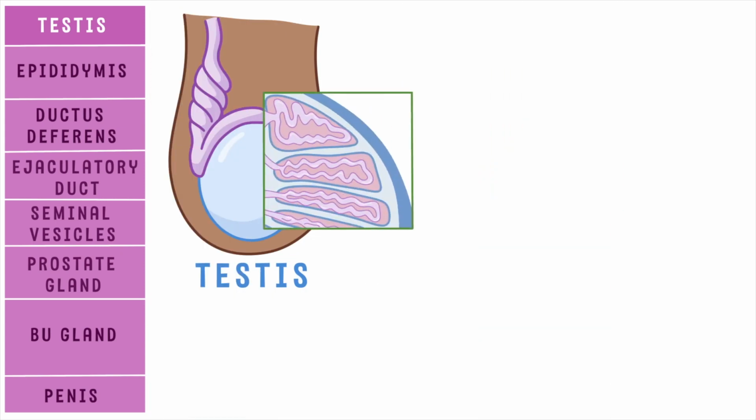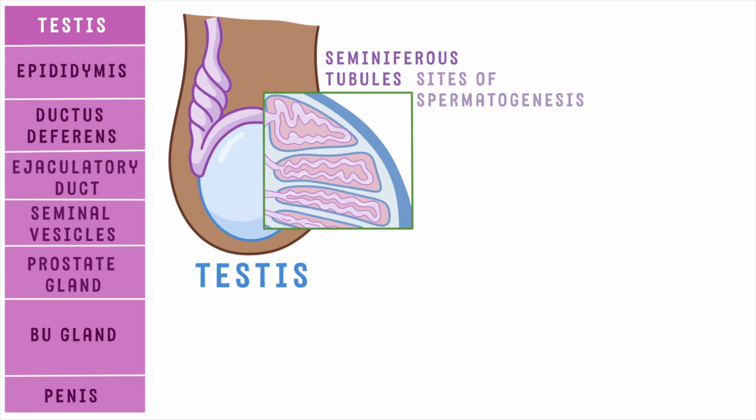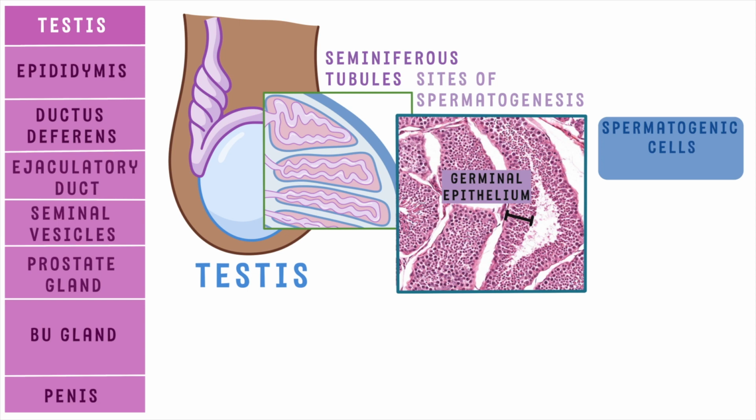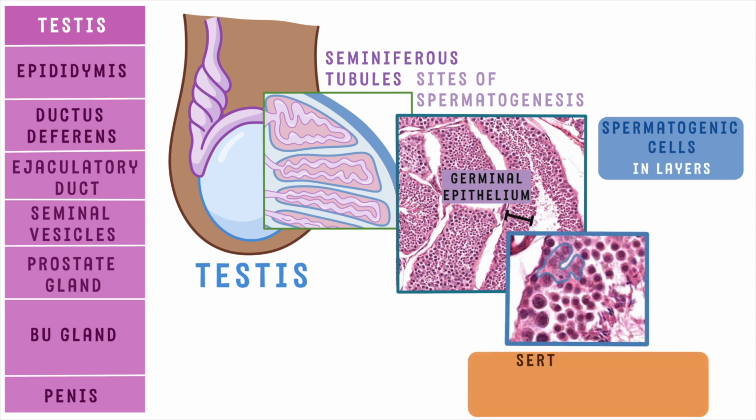Located within the lobules of each testis are coiled seminiferous tubules, which are the sites of spermatogenesis. Seminiferous tubules are lined by several layers of epithelial cells, forming a germinal epithelium. There are two types of cells in the germinal epithelium of adults. First are spermatogenic cells, which are in layers, and second are Sertoli cells, which form a single layer and are